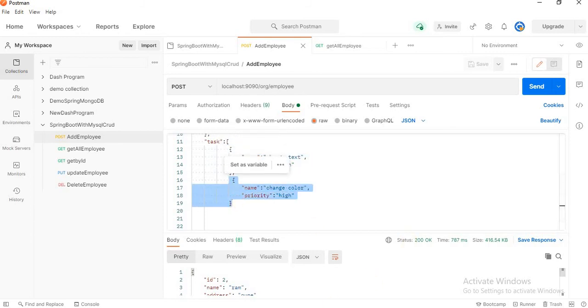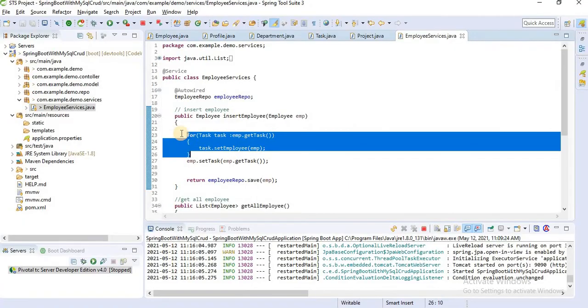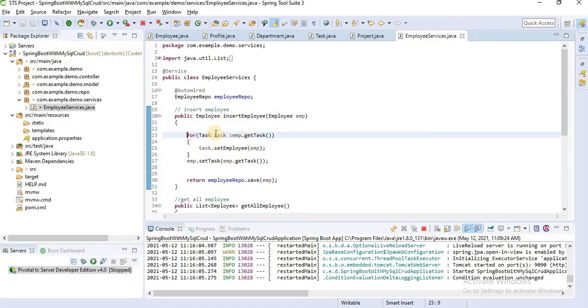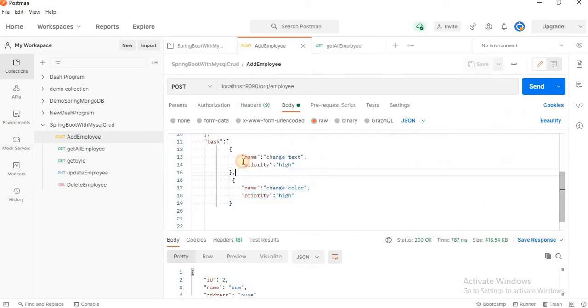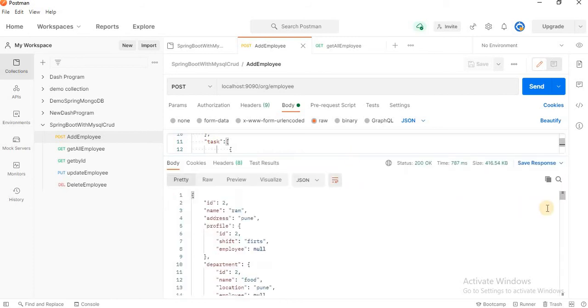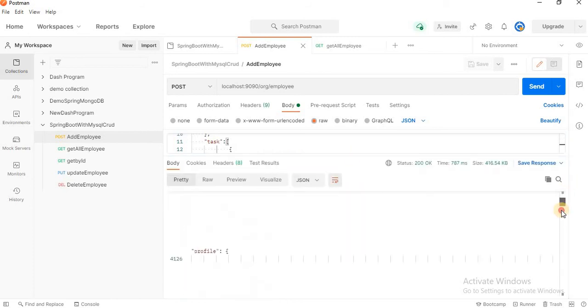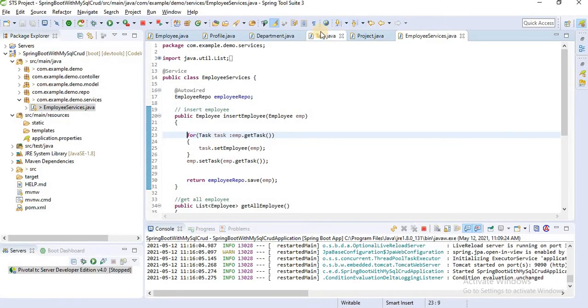Okay, let's go to the code. This for loop runs 2 times. The first time it takes up the first task. Here we define a first task, this one. Here we have name, priority, and then we also have employee. You can check in the output. Let me show you task.